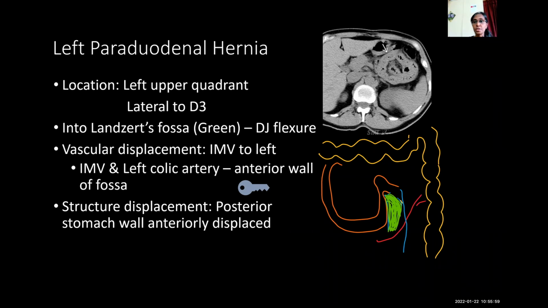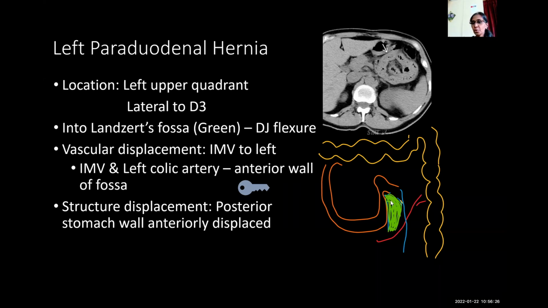This hernia is going posteriorly, right? And these 2 vessels are lying in the anterior and medial wall of the fossa. So the fossa of Landzert is a gap at the attachment of the mesentery at the ligament of Treitz. Between and lateral to D3 is where this fossa lies, and through this the jejunal loops herniate